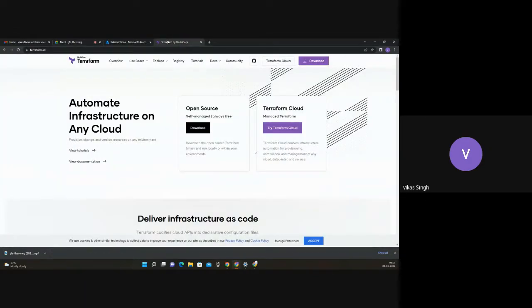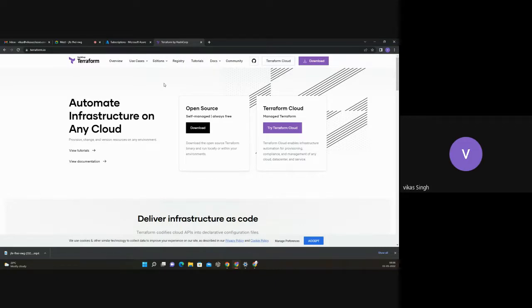Okay, so we are already aware of the introduction about Terraform, right? It's a scripting language, and it's multi-cloud. You can create resources in multiple clouds using Terraform. Okay, and it's very easy to understand. It's kind of declarative type. So when I say declarative type, it's like you have a key and you have to just give a